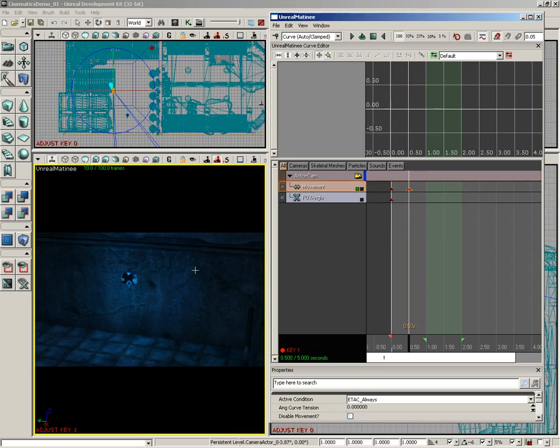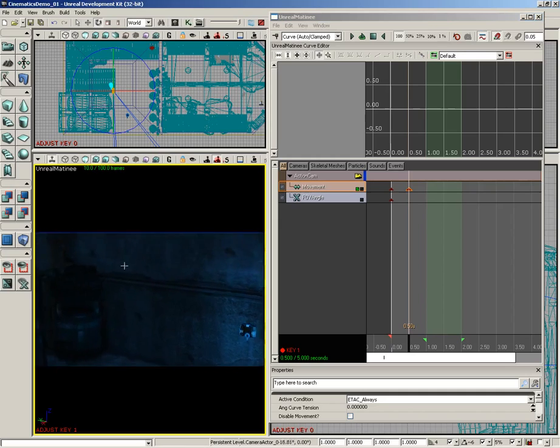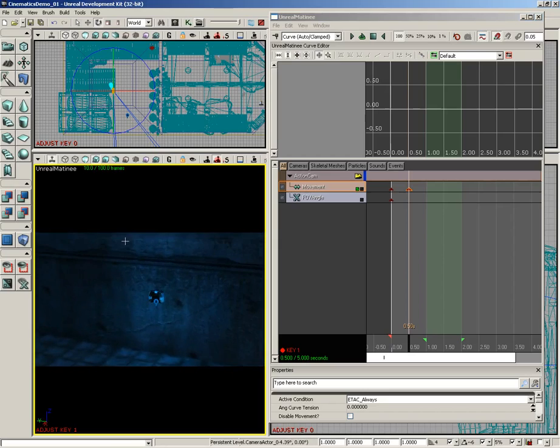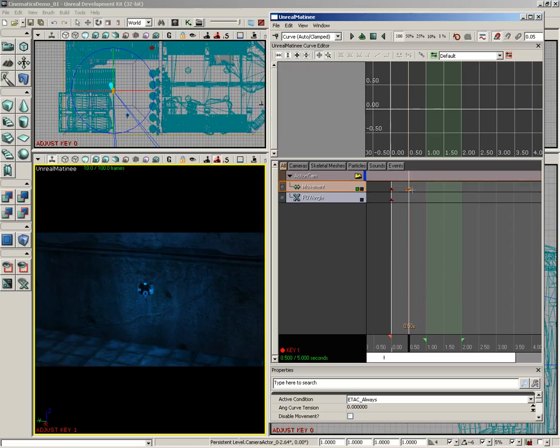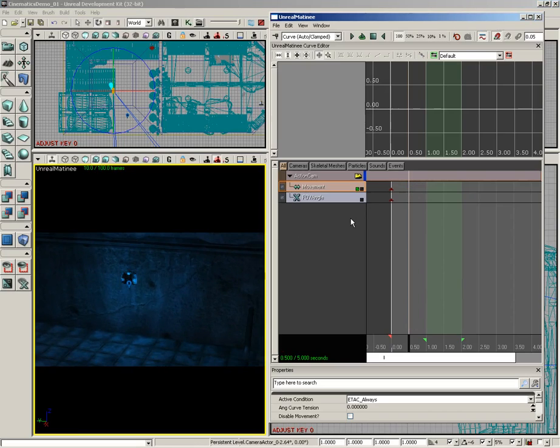Now at this point, I want to be looking up at the light. So I'm going to rotate the camera. Actually, I'm sorry. That's my mistake. I don't want to be looking at the light right now. Excuse me. In fact, what I'm going to do is delete that key, because what I want to do is